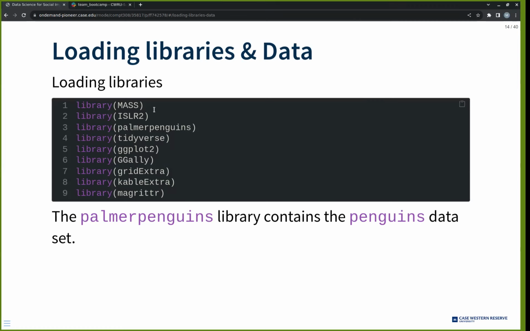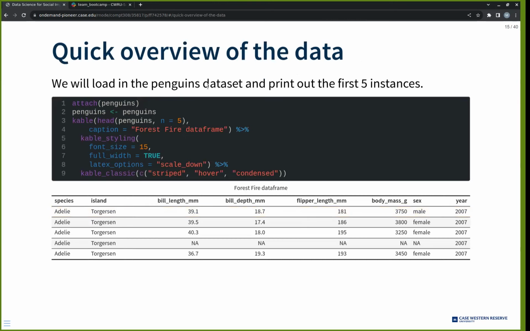Okay. So this is how you load in all the libraries. All these are different libraries that you might need. And this Palmer Penguins library contains the penguins dataset. And I'm sure you guys know about it by now. Okay, so once we have loaded in the library, the first line, attach penguins, attaches a data